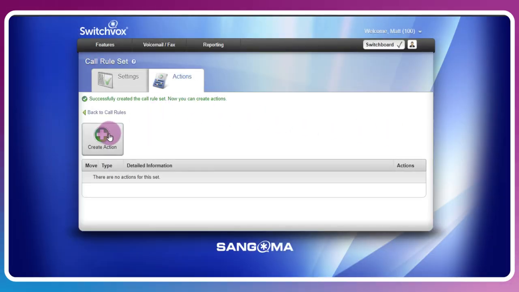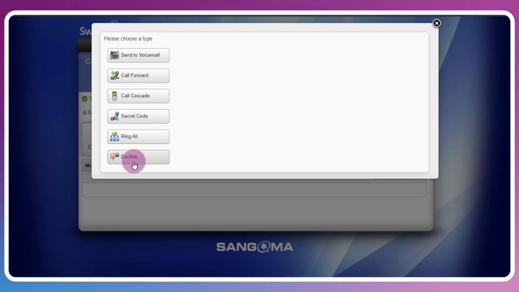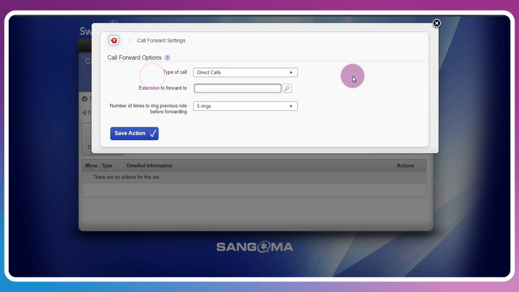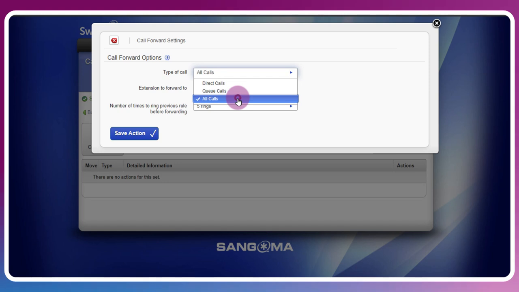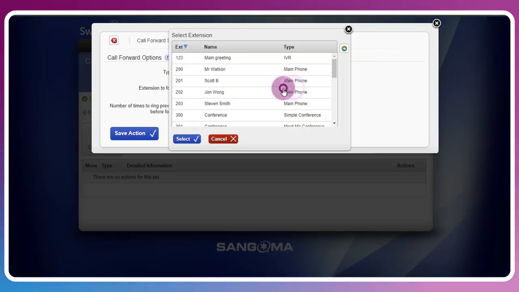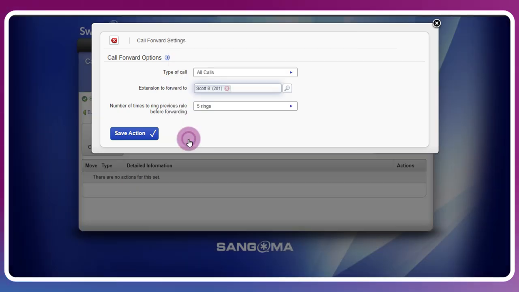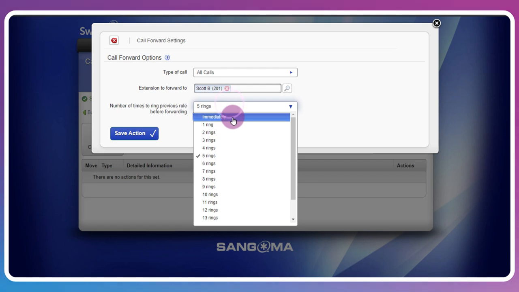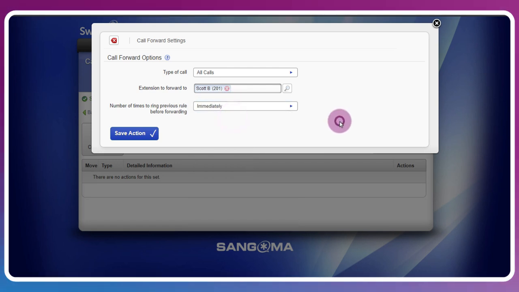And now I need to create an action. I'm going to forward all my calls to another member of my team. And I want that to forward immediately. It doesn't need to ring my phone first. Go straight to Scott.